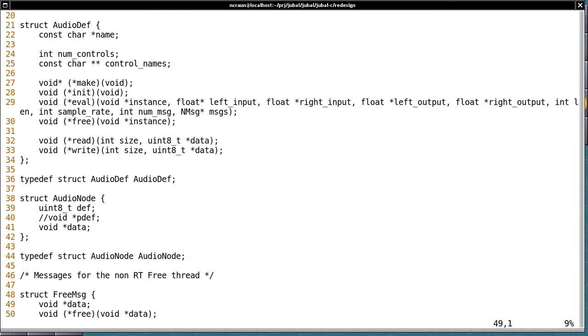Alright, so basically the way it works, we've got these audio defs. The audio def is the actual interface, the interface definition for the node, so there will only be one of them, one for each class of node in the program. So, just some things about that. It's got a name,